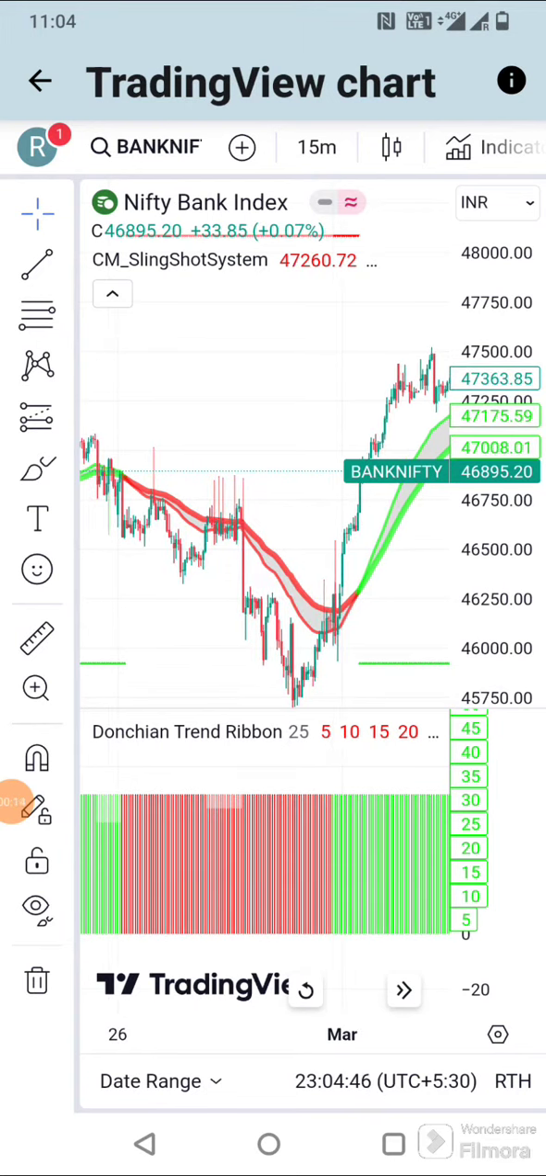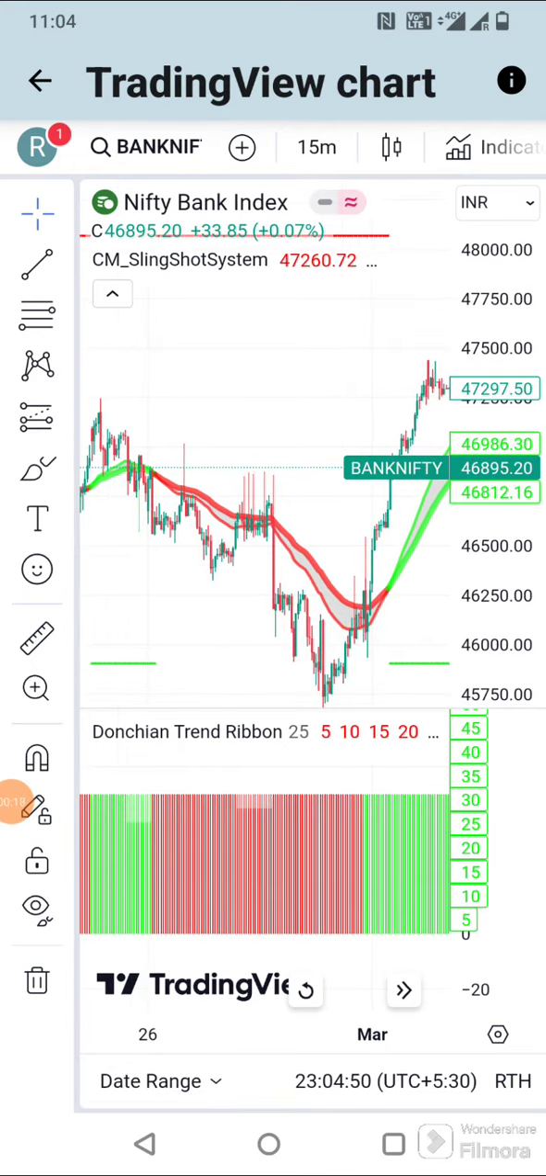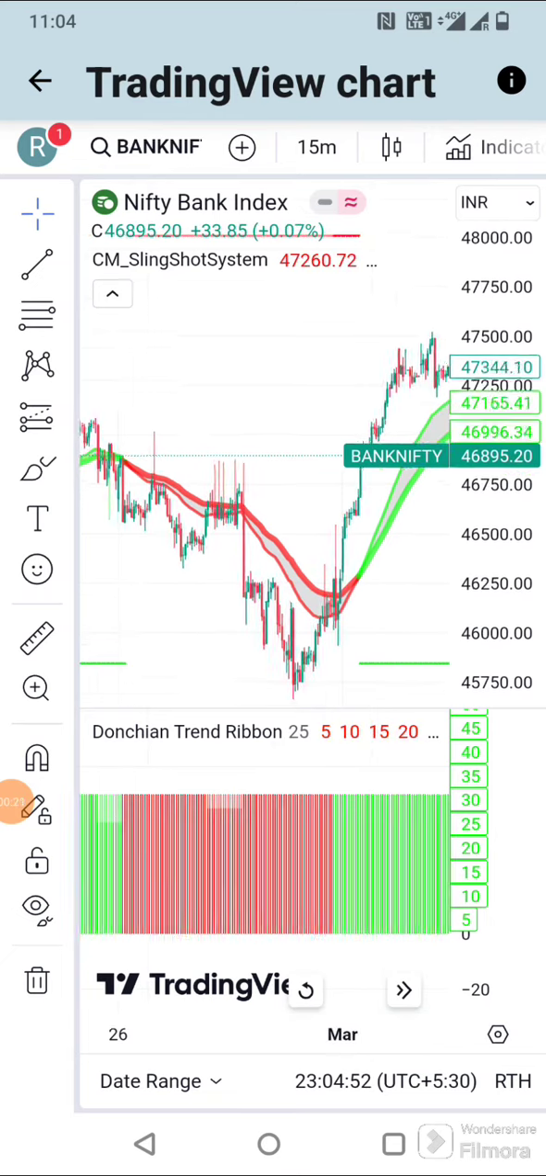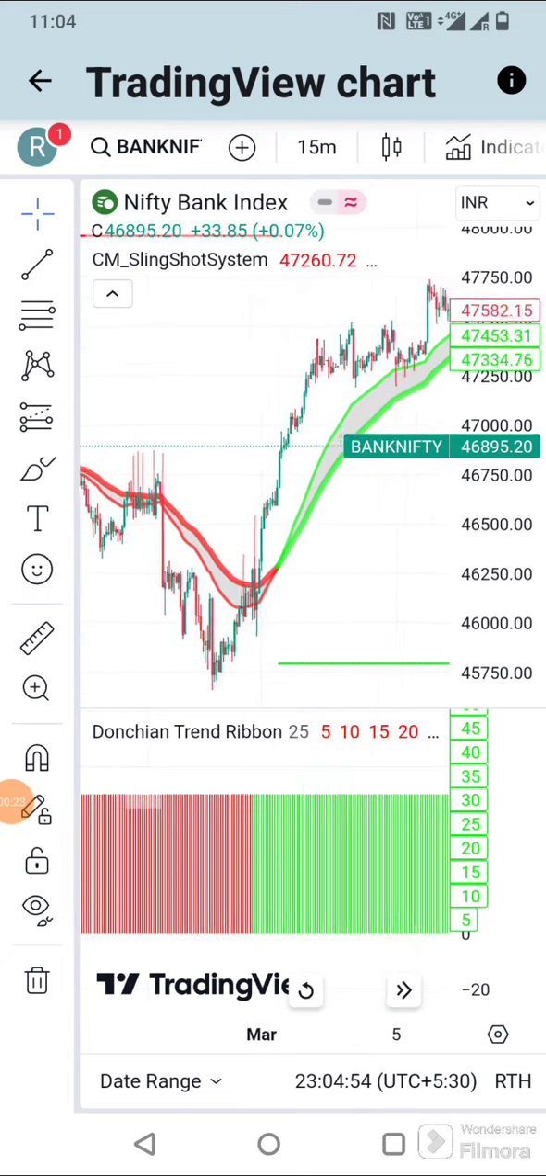When the CM Slingshot system indicator turns red, meaning the line above is red, along with that, if the Donchian trend indicator is in red, sell the call. Before applying it to real money trading, do backtest the indicator, do paper trade,